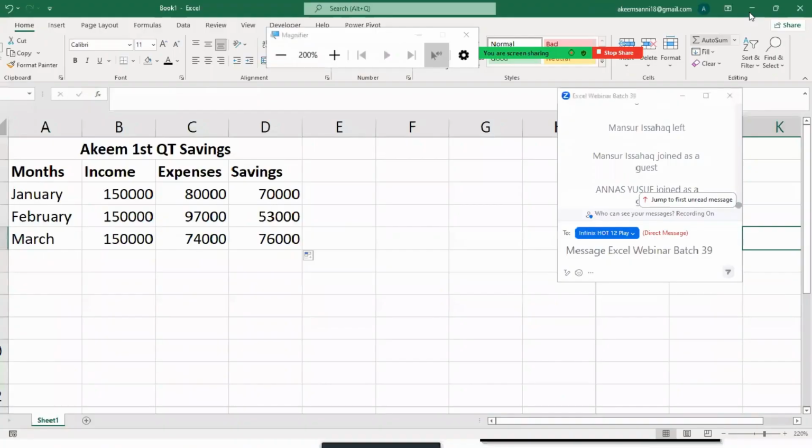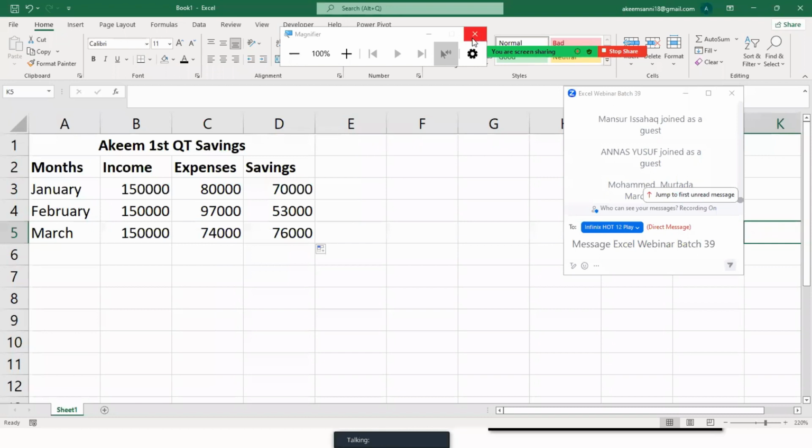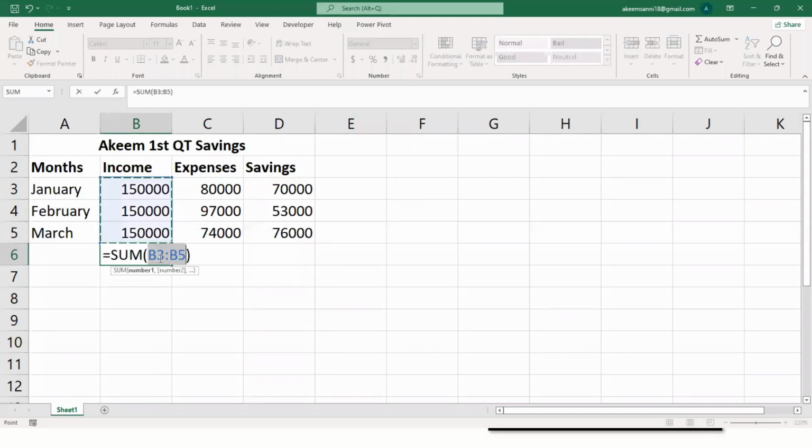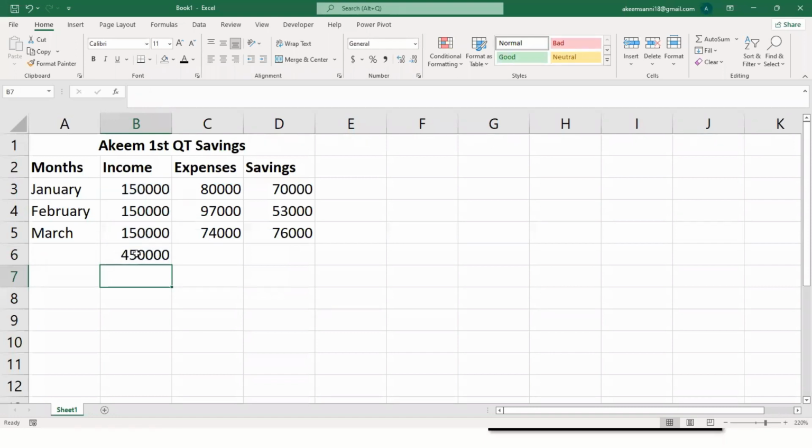So let me zoom out so that we can continue. So we are going to use auto sum for this one. The moment you press alt and equals to, it's going to sum up. Now notice, I'm not the one that selects all this. I just press alt and equals to. Now I believe everybody can see me, right? So you can see my hand. I just press alt and equals to, and it's going to automatically sum up everything for you. So the moment I press enter, it's going to sum up this one for me, right?